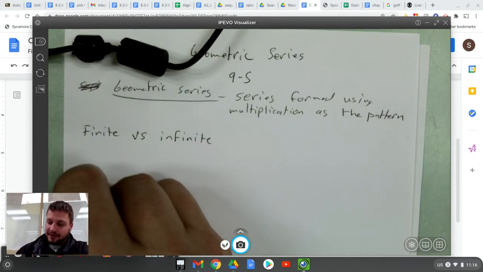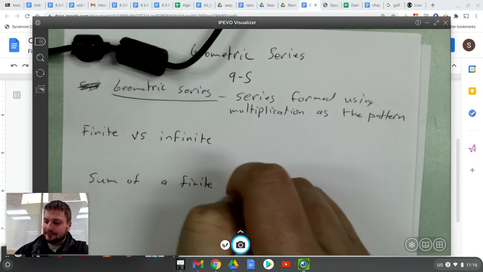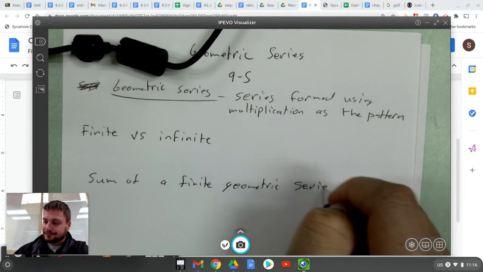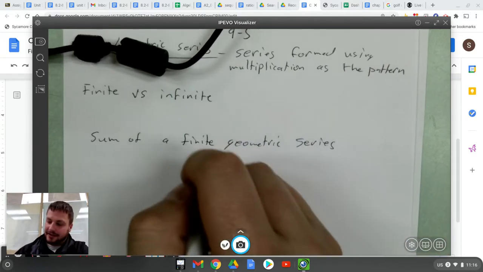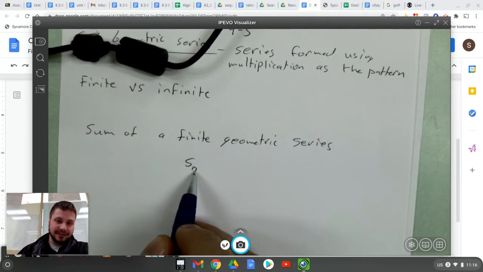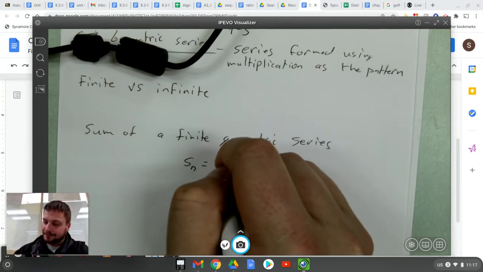So let's first find the sum of a finite geometric series, okay? That goes like this. The sum of those n terms. So, if you're summing 10 terms, it would be the S of 10, the sum of the first 10 terms, or whatever the number is, equal to